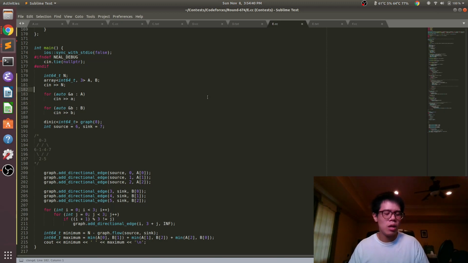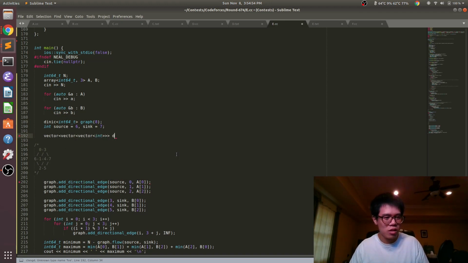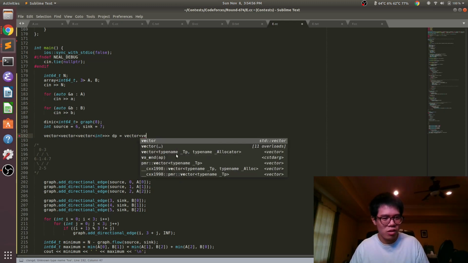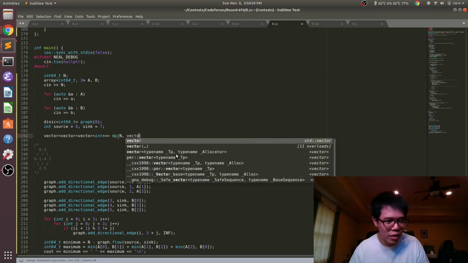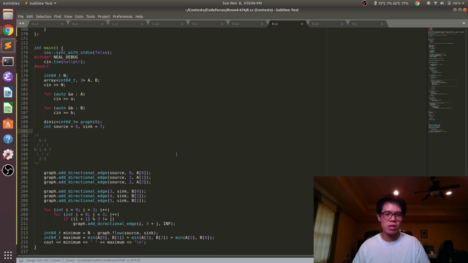be more careful. One case that I do sometimes still do the nmax and make an array thing is if I have, for example, a 3-dimensional DP array. At that point, it's just a little bit too ridiculous to do vector, vector, vector, int, dp equals vector, vector, or equals n, and then I do vector, vector, right? All of that stuff. So at that point, I'll just do a constant array. Yeah, Andrew has this many 100-line code specifically for that situation.